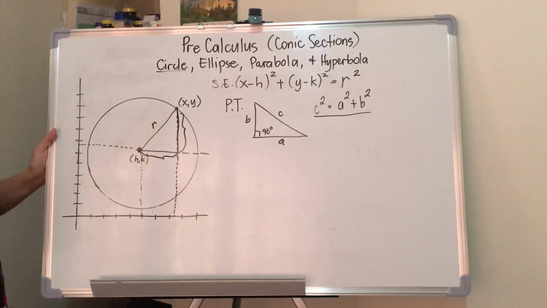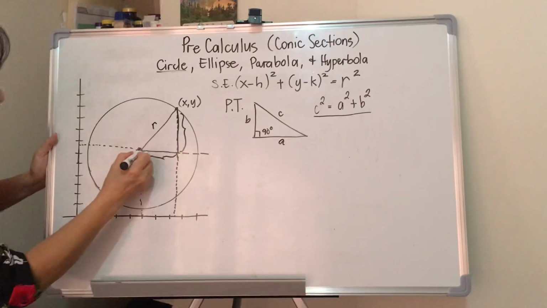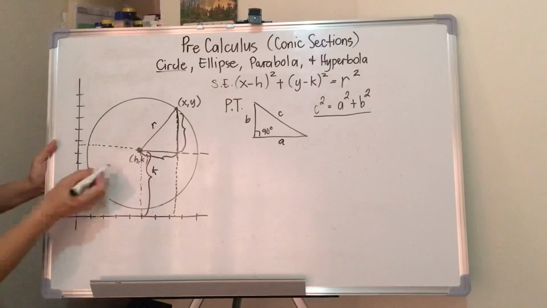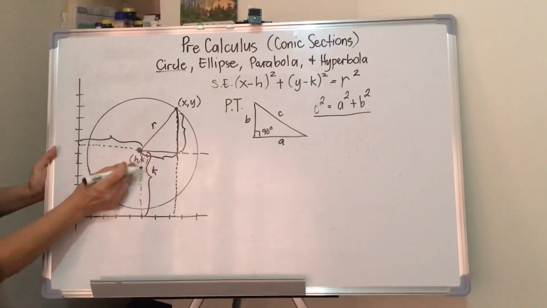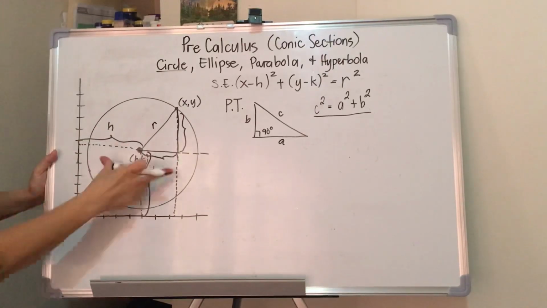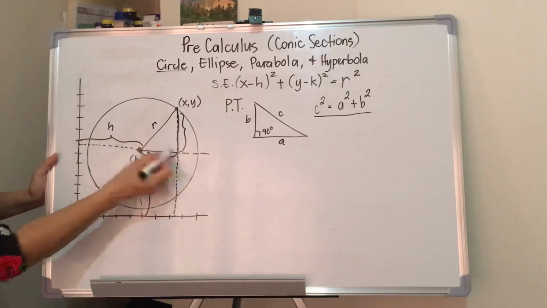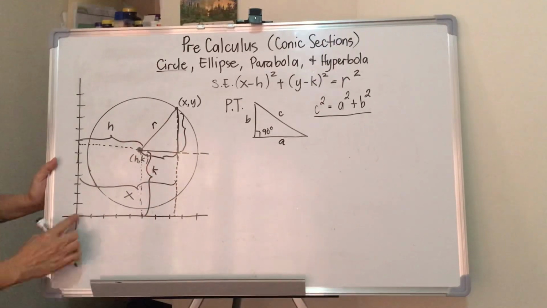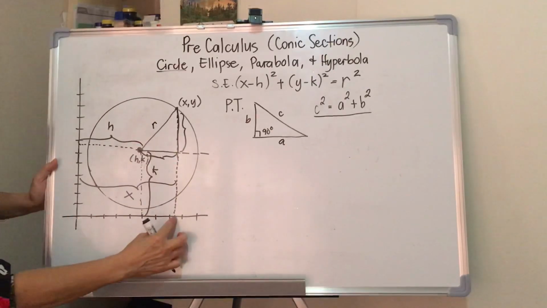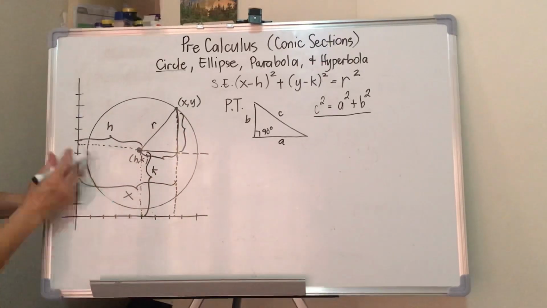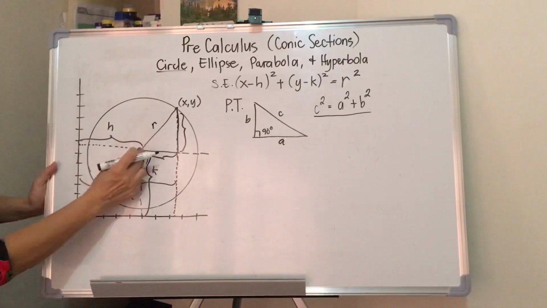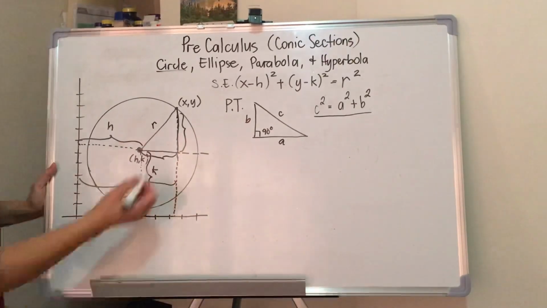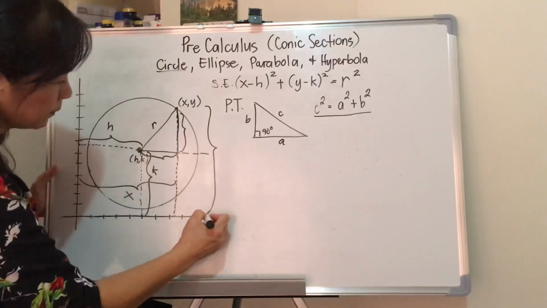But how are we going to find the length of this and the length of this? Okay, if this is our coordinates h and k, therefore this is what? The k. How about this one? If this is h, this is h. How about this one? From here to here is what we call x. Coming from 0 up to this point is the x. Coming from this point up to that point is what we call y. And coming from here up to this point is what we call the h. And coming from here up to that point is x. So if this is the y from here and this is the k,